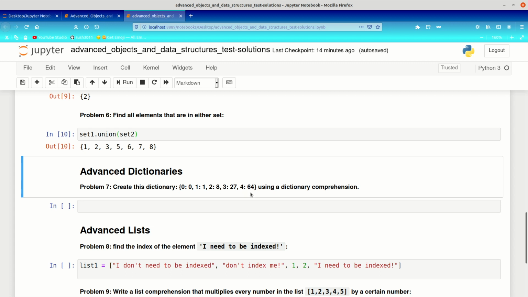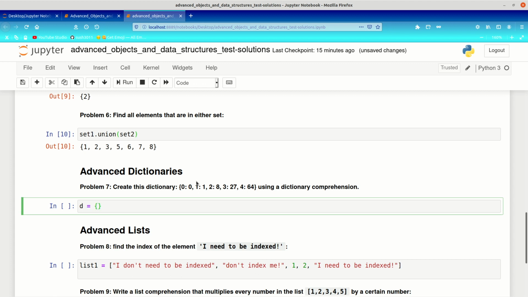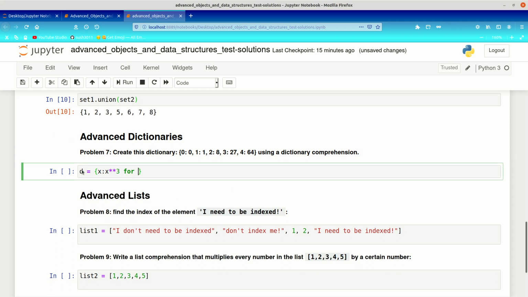Okay, so here we want to create a dictionary comprehension. So I'm going to say D is equal to, and then I want to put in my key. So my key is going to be X, and my value is going to be X to the power of 3. And I want to put in my for loop. So here we need to write X, then colon X to the power of 3, and then we need to write for X in range